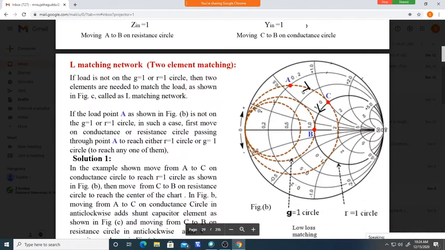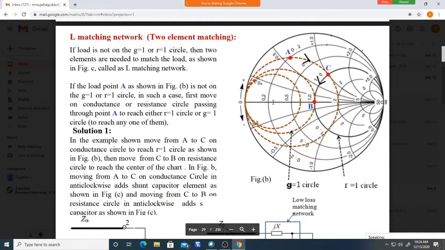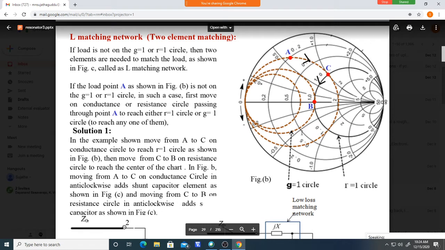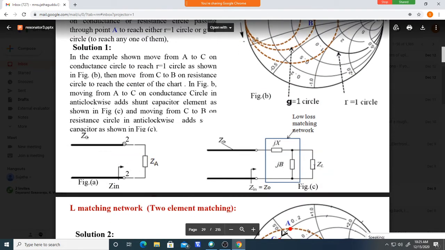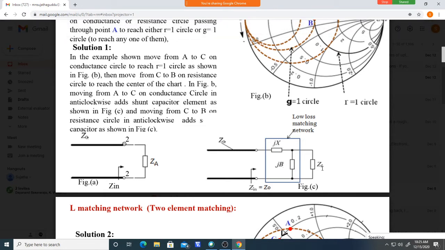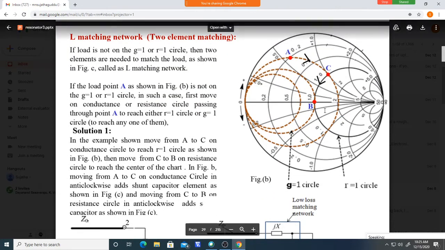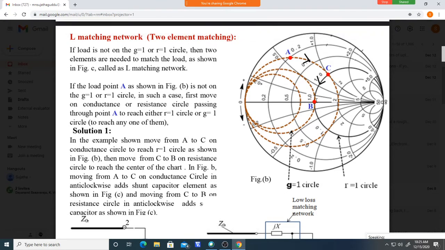So here this is an example. Okay, so what we are doing is we are having this impedance. See, some impedance is given here. So this impedance we can change. This is a ZL here. This is not equal to 50 ohm. Okay, 50 ohm means on the Smith chart, it is plotted at the center of the chart. See, 50 ohm is always marked at the center of the Smith chart. This is the center of the Smith chart.